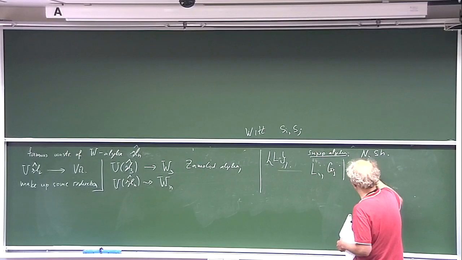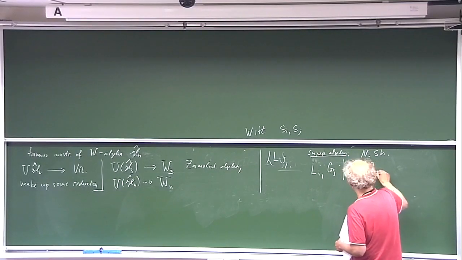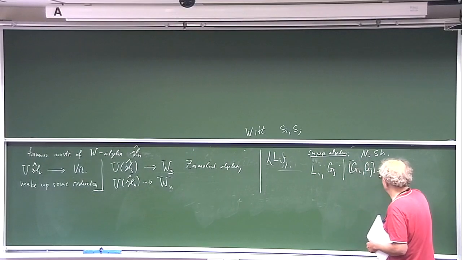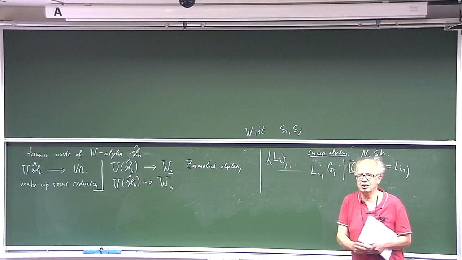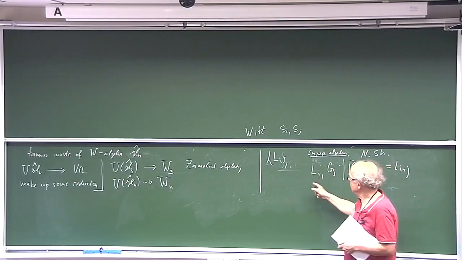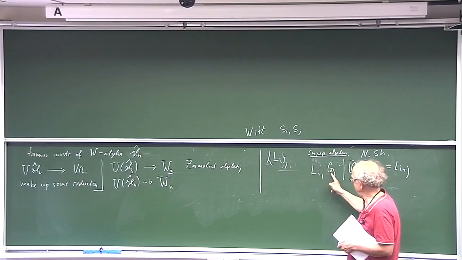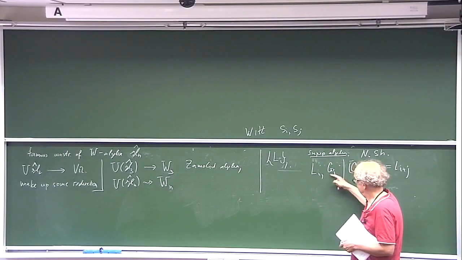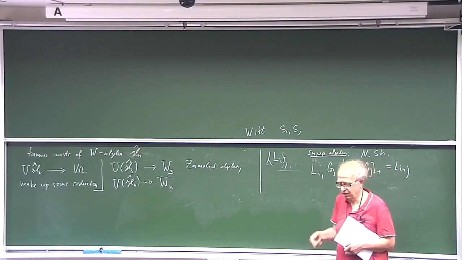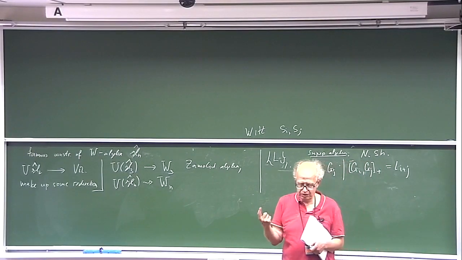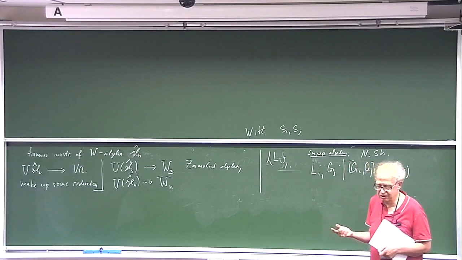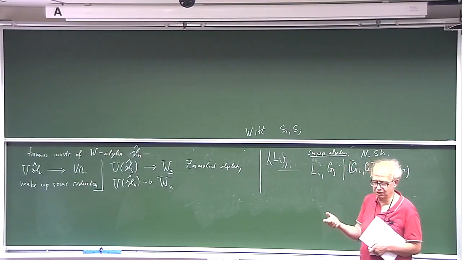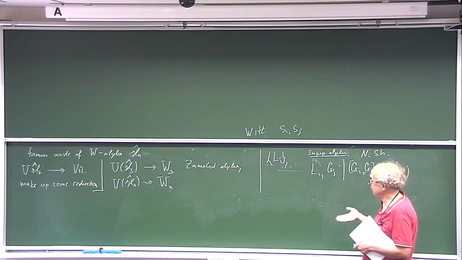The main relation, I do not want to write all relations, is that the bracket of G_i and G_j, which is the anticommutator, is just L_{i+j}. Also there is a simple relation of L_i with G_j, which gives us G_{i+j} with some coefficient. Now, this object is a super algebra, which is a symmetry of something, and it works nicely, because in string theory we have odd degrees of freedom, and something has to act there.